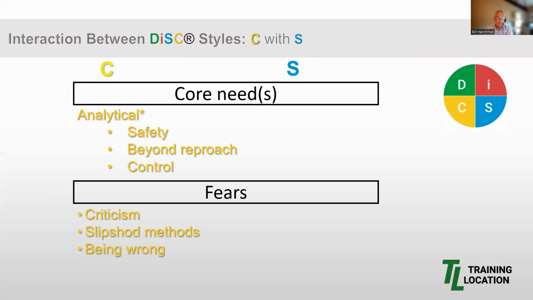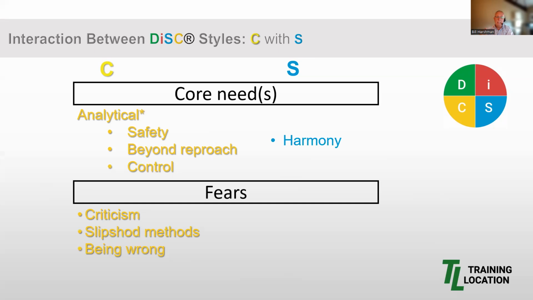Now, let's compare that with the core needs of an S. The S is simple, a need for harmony. An S wants to know that things are running smoothly and evenly, no looming tension or pressure or danger on the horizon. They want to know that there is harmony in both their relationships and their tasks. Remember, the S is all about support and stability and collaboration.